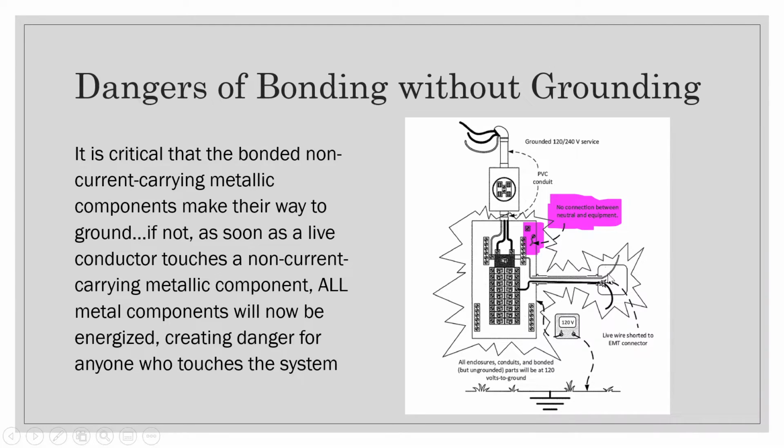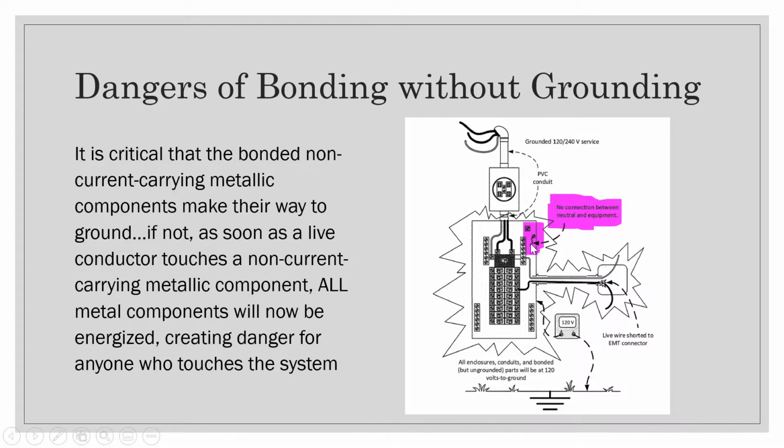So if we have a fault current here, we've got the live wire touching the metallic box. Now all of a sudden that metallic box has electrons flowing through it, and the electrons are flowing back through the conduit back to the panel. Now that whole panel becomes energized as well, and it doesn't have anywhere to go. It wants to go back to the source, but it cannot, and that's because this bond jumper here